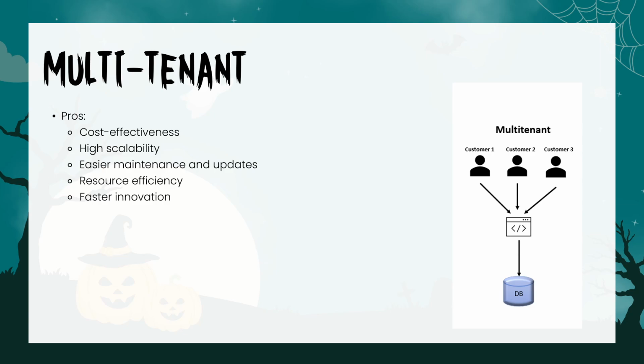Well, it's easier to maintain and update the environment, but maintaining a multi-tenant code base might be more complex. Resources are very efficient. It doesn't matter how many customers you add, you can just increase the resources. Even if you have 20% available resources left, you can still scale smaller customers into that 20%. And because you can spend less time on environments, you can spend more time on the features,